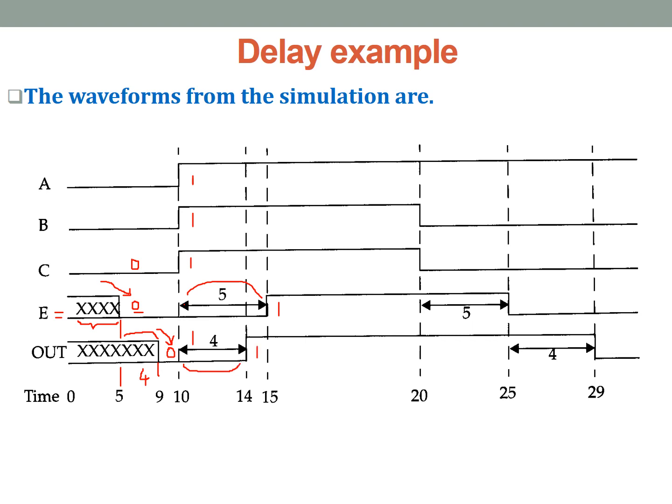So this is the effect of the delay. All the changes don't happen instantly. It takes the respective delays mentioned. For the AND gate we have mentioned 5, for the OR gate we have mentioned 4, and only after that delay does it make those changes appropriately. So this is how delay works in real-time circuits.